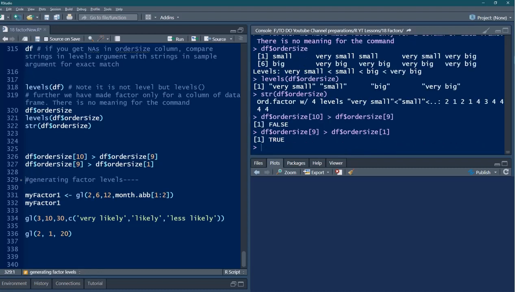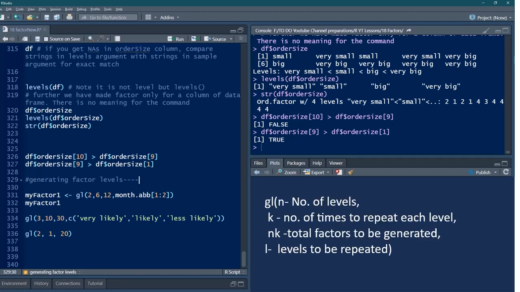Now finally, we will look at how to generate factor levels. In a previous video, we have seen how to generate numbers, and here we are generating factors. So gl is the generate levels function, and 2 means 2 unique levels are there, and 6, these unique levels have to be repeated 6 times.